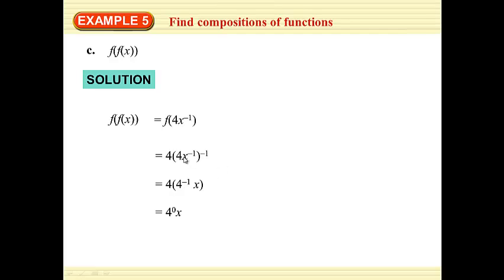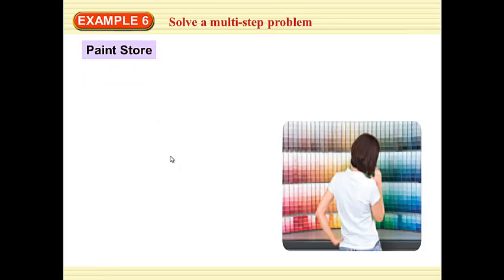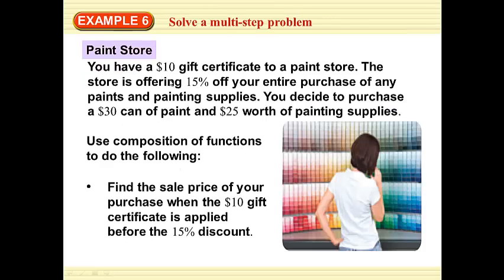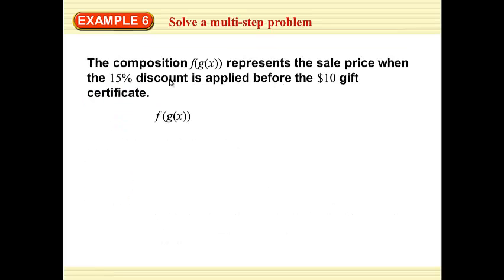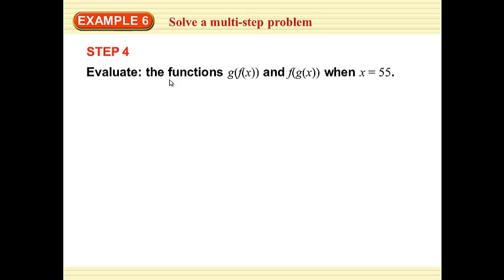So 4 to the negative 1, x to the positive 1, because the product is 1. So then you get 4 to the 0. 4 to the 1 and negative 1 is 0, so you could just get x. Okay, so that's that one. I'm going to skip over this to save some time here. And move on to